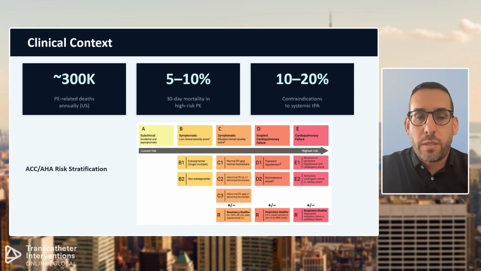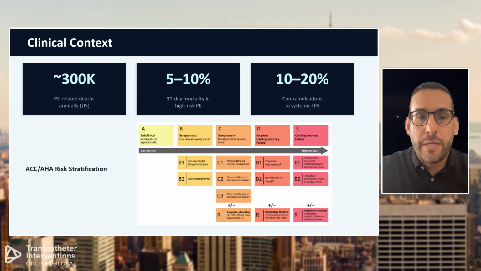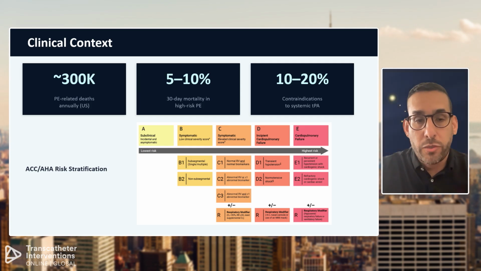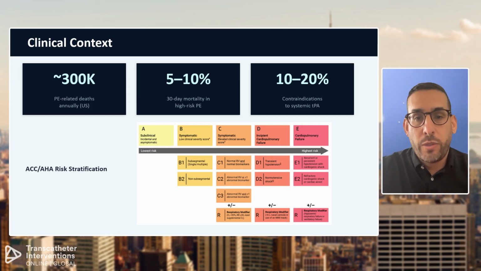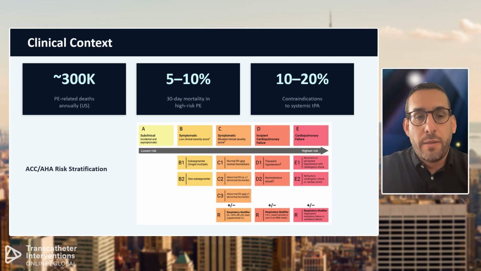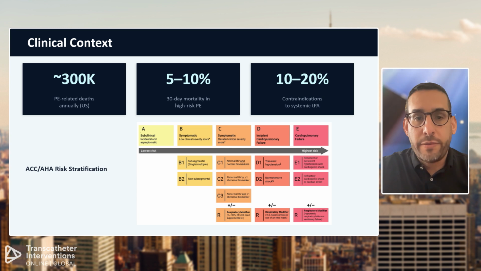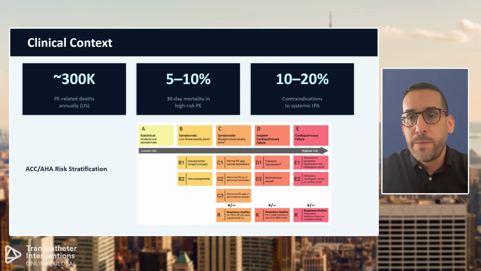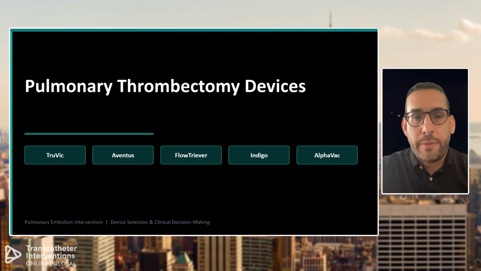Just a little clinical context. This slide is redundant, and I think we'll be seeing a lot more of this as this was recently published with new guidelines as to how we qualify and classify PE. I think this is very useful. Obviously, I think it was intended to overlap with our SCAI classifications for cardiogenic shock, but this is actually very practical. And now that we're talking, we could compare apples with apples.